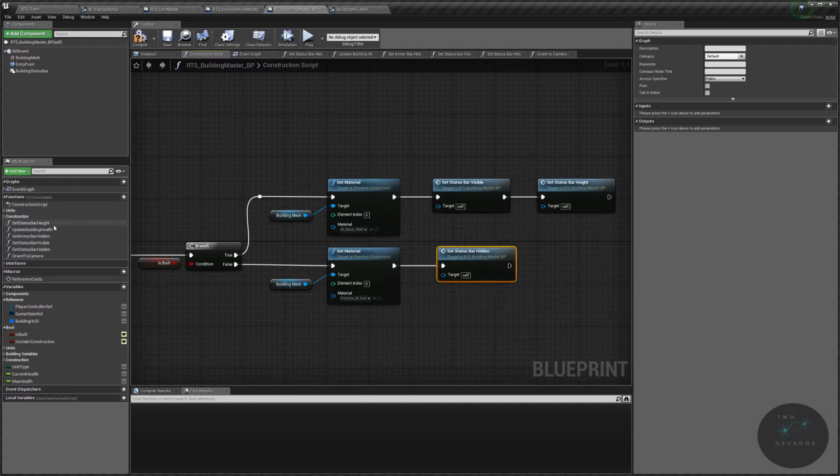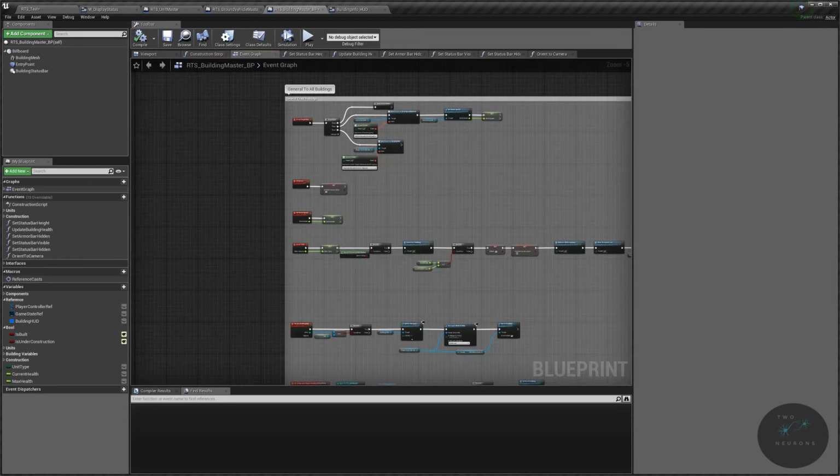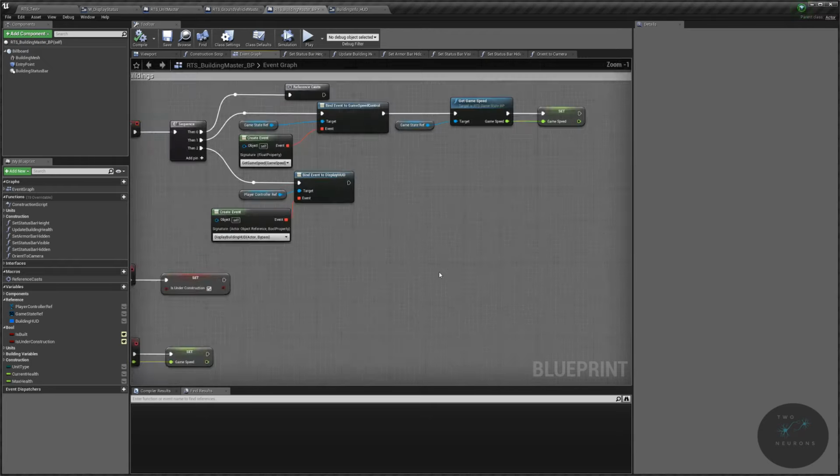And the reason we want to set the height here is when the building is built, we just want the bar to appear. We already want to know where the bar is going to be though. So we're setting it to hidden, and we're still setting the bar to be a certain height. Compile, go to your event graph, and in your event graph, we are going to add in the bar, again,